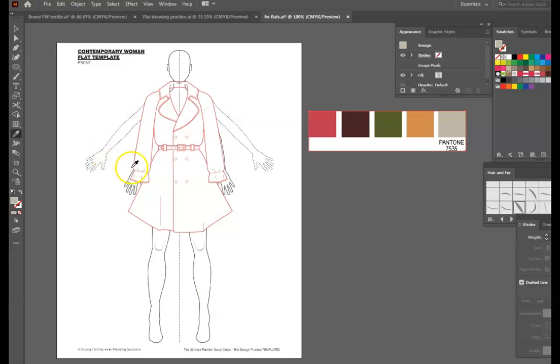So I created my flat drawing here that has a lapel, a big lapel. And then I have the longer coat drawing, and then bottom flared, and the cuffs are a little bit ruffled cuffs in here too, and my coat has a raglan sleeve. And also I brought my swatches from the mood board, and I saved these colors on my swatches so I can use them. So next thing that I'm going to show you is I'm going to apply some colors here,